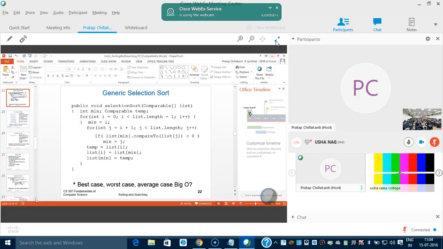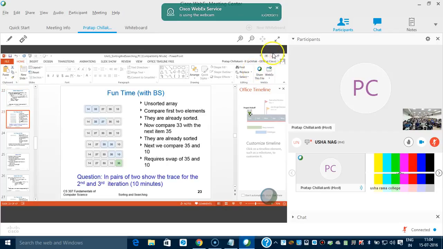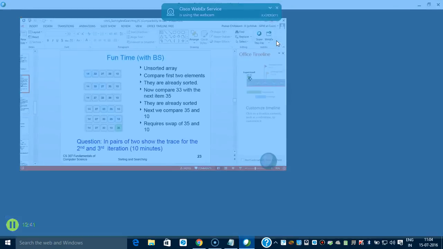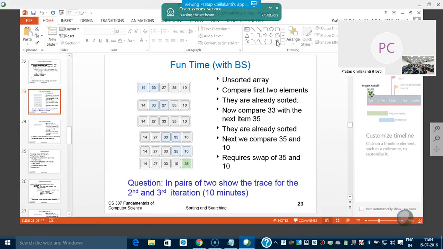Today it's going to be mostly hands-on. I'll probably cover maybe 6 to 10 slides at most. Most of it would be hands-on. And the way the hands-on is going to work, you can see right at the bottom. Okay, we are starting now. Basically, what you do is, okay, pairs of two is a good one. You can learn from each other